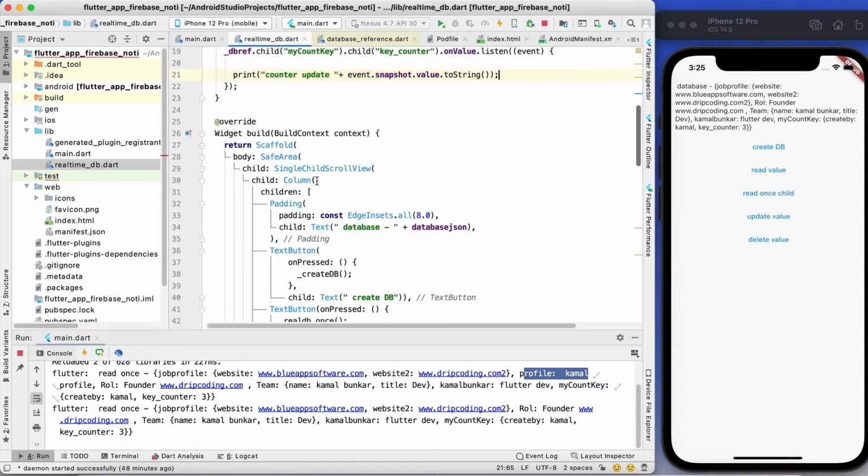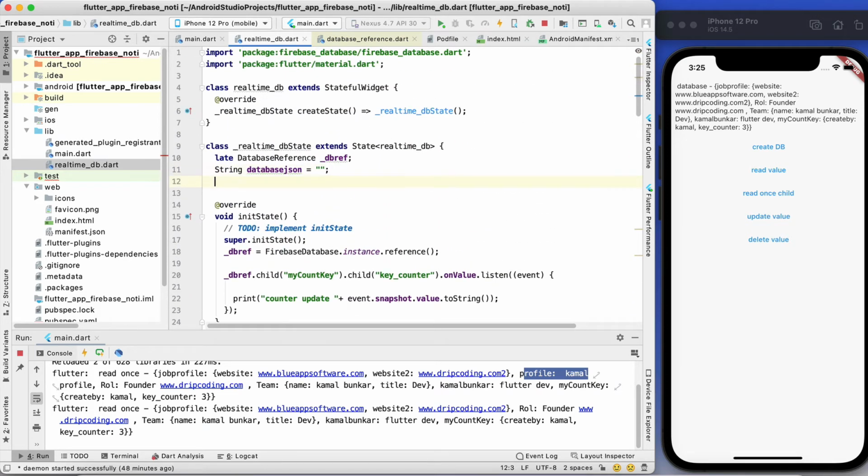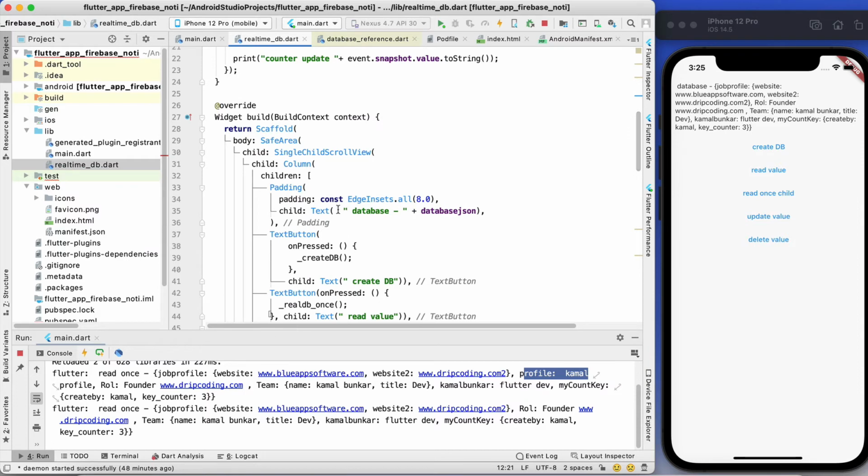In this text box I am going to create one variable, integer type variable. So int count value, by default it is 0. So I will display it there, count value dot toString, add the plus sign.